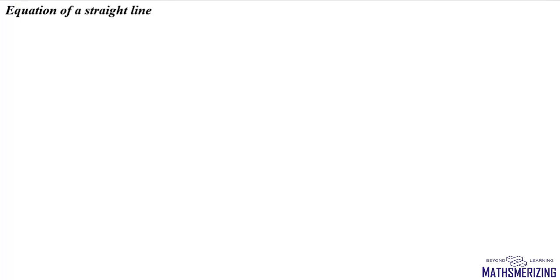Now in geometry, the first thing that we'll study is equation of a straight line. So suppose we have a line which passes through 2 points Z1 and Z2, and any general point on this line we'll write as Z. Now this Z is nothing but x plus iota y. Now we need to write equation of this straight line.